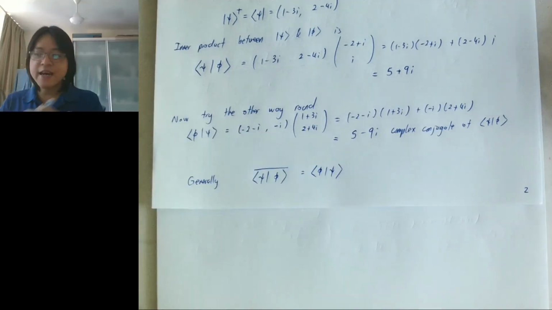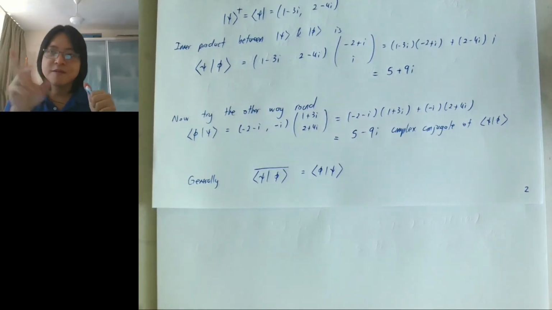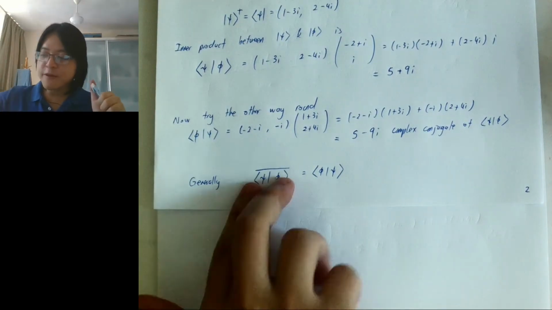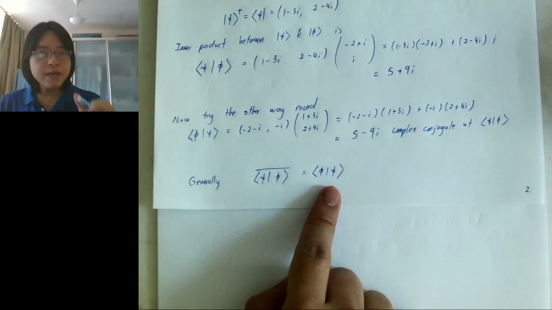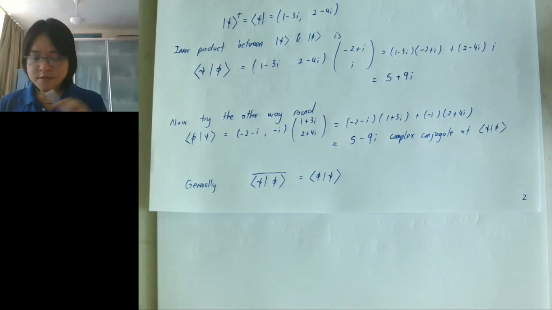So this is kind of like Tetris also. In Tetris you can flip your piece around, right? So you do a complex conjugate, you flip the thing around. Mathematically here it means taking the complex conjugate. Okay, so